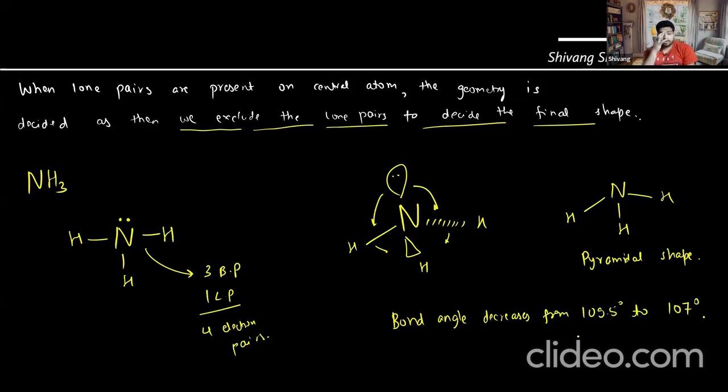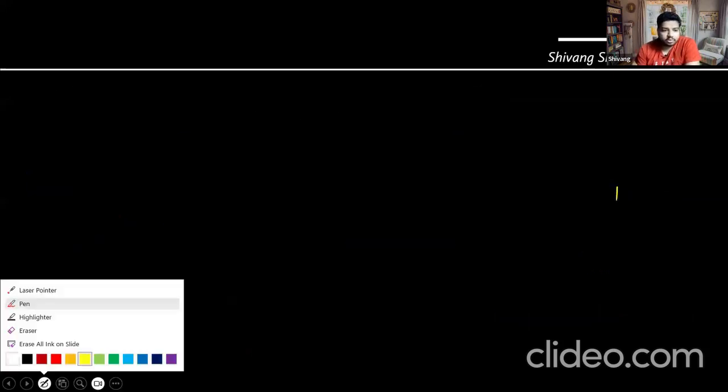Okay. So this is a very important point. They always keep on asking in MCQs paper one, what is the bond angle in ammonia? It is not 105 degrees, rather it is 107 degrees. Okay. Is that clear? Okay. Now we're going to move on to the next molecule, which is water,